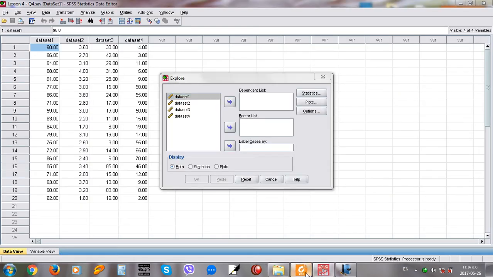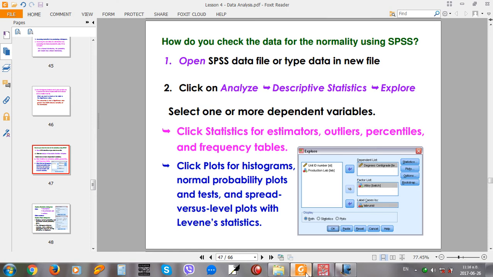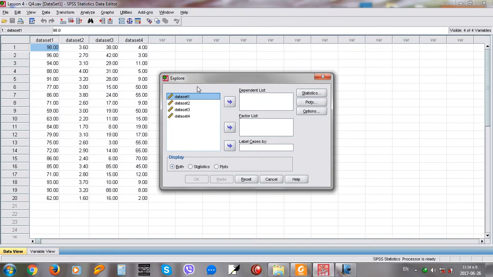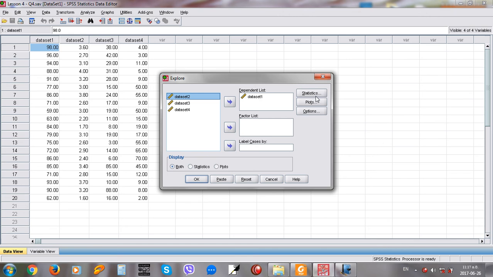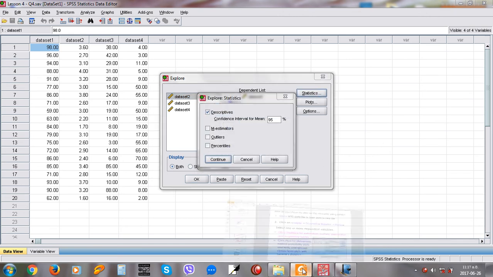Then we have to select the dependent variable. So I am selecting data set 1. If you need, you can select data set 3 or 4 at once. It doesn't matter. Here I select only 1. Then what we have to do is click Statistics. Then this one, Statistics, we can click here. Then we can get